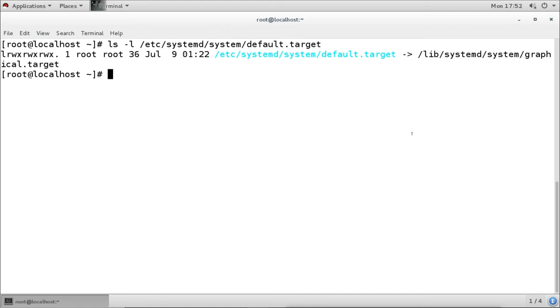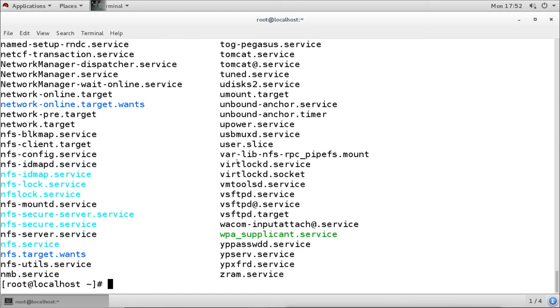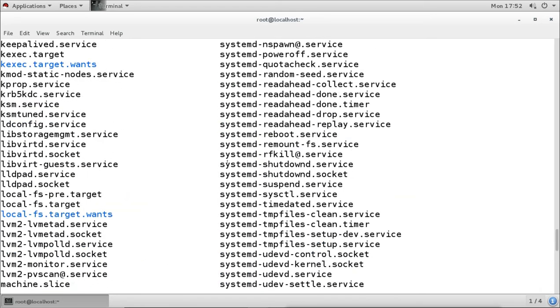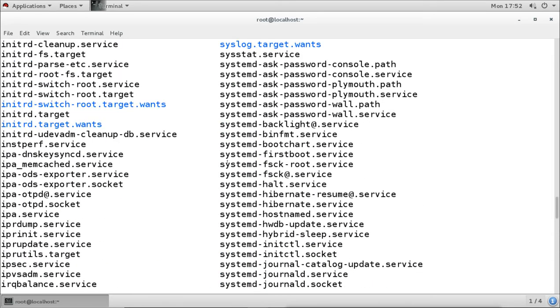Under lib systemd system, you will see all the unit files, all the target files and service files. These are the original files we have here, and all these links are created under the etc directory.